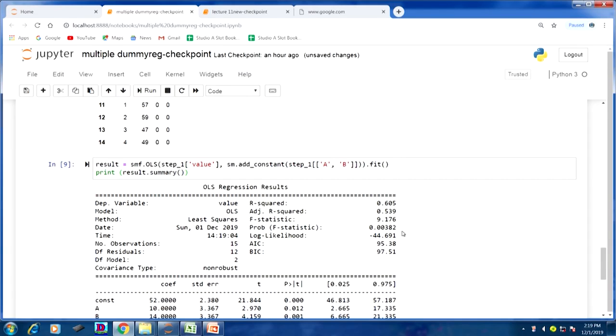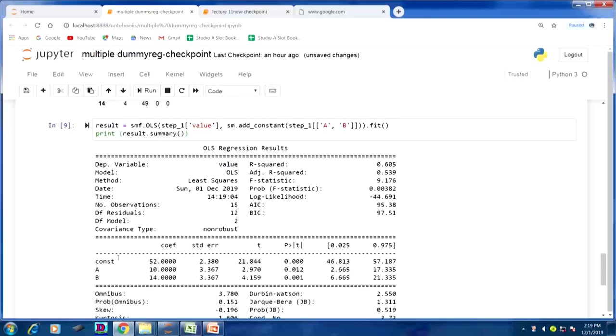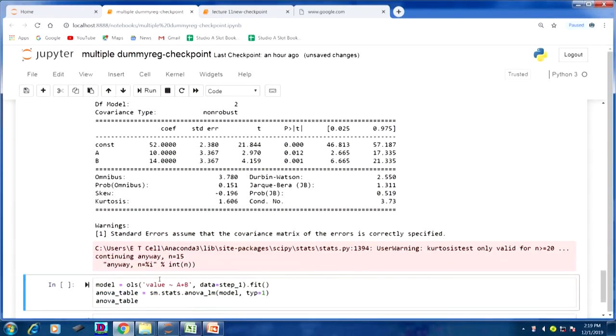So here also we are rejecting our null hypothesis. Then look at the constant value: constant is 52, that is B0, B1 is 10, B2 is 14. This value is taken for interpreting the output.